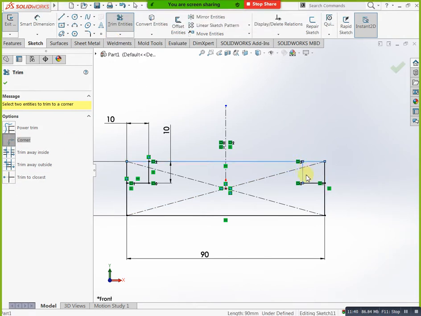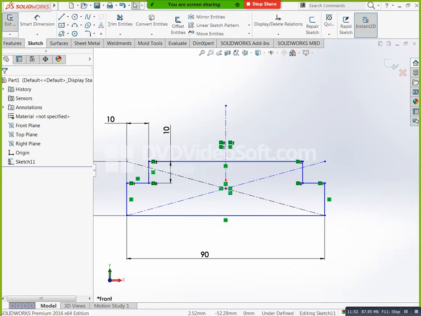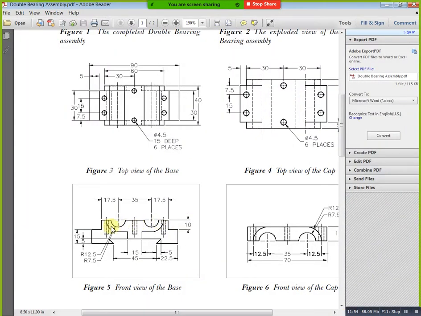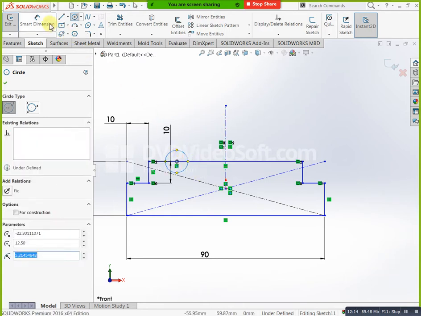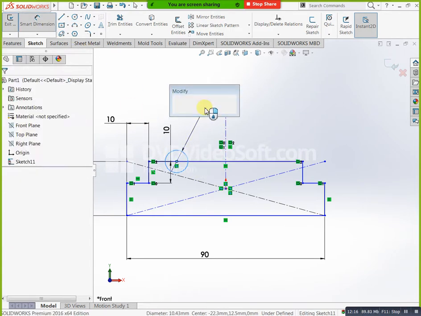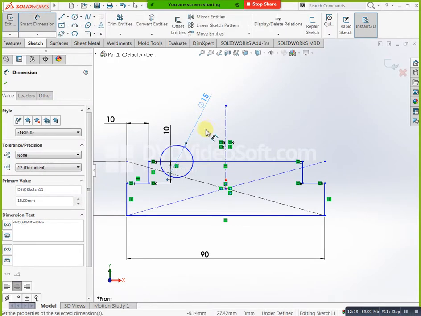Here we have one more picture. This is our semicircle. Just you can see here to here we have 35, here to here we have 17.5. Now you can go for 35. This circle diameter or radius 12.5 and radius 7.5. First one is 7.5, second one is 12.5. Now you can go for circle, and here you can mention that radius or diameter. You can mention 7.5 means 15 diameter. Okay, at the same time here to here we know already dimension, totally 17.5. Okay, now you can take one more circle here.